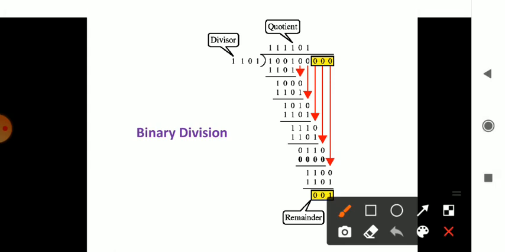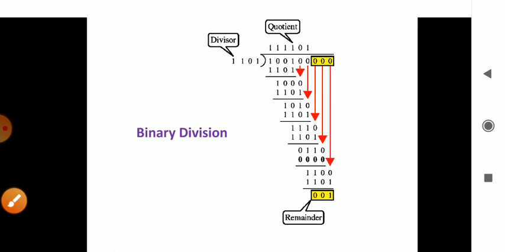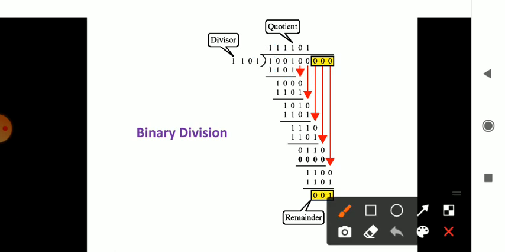You can check out an example here. A number of bits are there which is divided by a certain predefined number. Each and every time it is divided, you divide by, for example, 1101. It accepts the first 4 bits, and you get a remainder. This is binary subtraction. In binary subtraction, 1 minus 1 is 0, 0 minus 0 is 0.